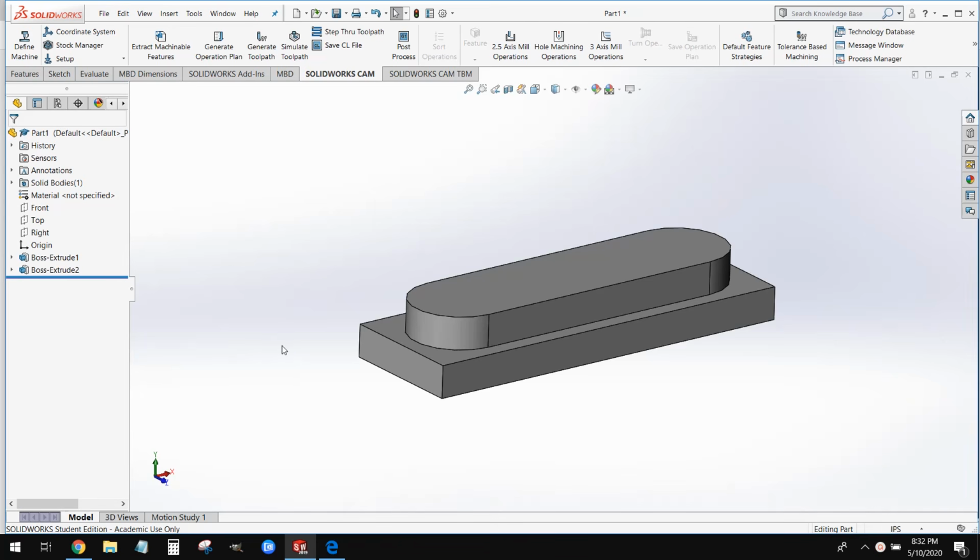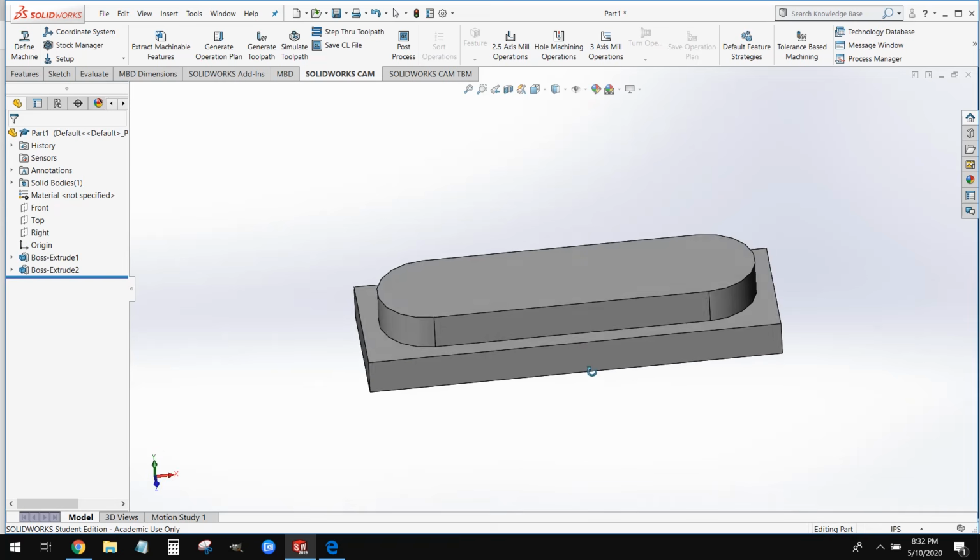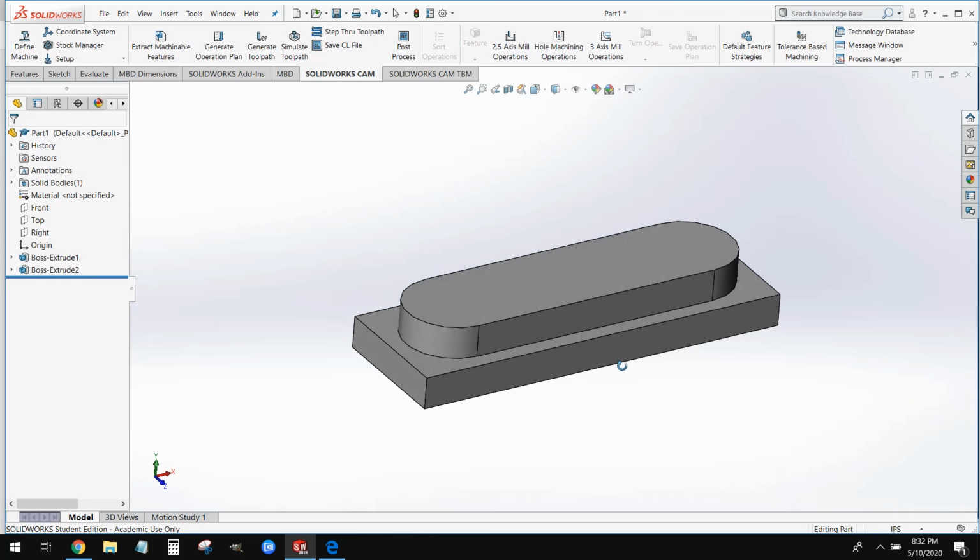Now, the why is pretty simple. It's to allow us to manufacture more complex shapes easier. Now, this is the shape we're going to be working on today, and this shape isn't overly complex. However, when it comes time to mill this, whether manually or writing the G code for this, if you were to write out the G code manually, that would be fairly time consuming. So what we do instead is we're going to run through the CAM feature in SolidWorks to generate the G